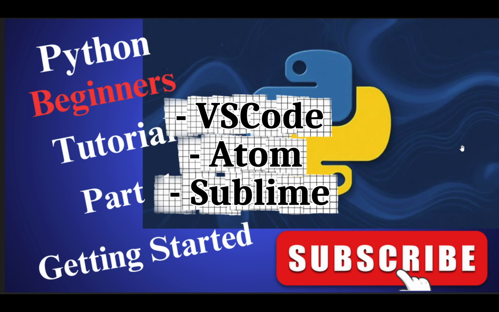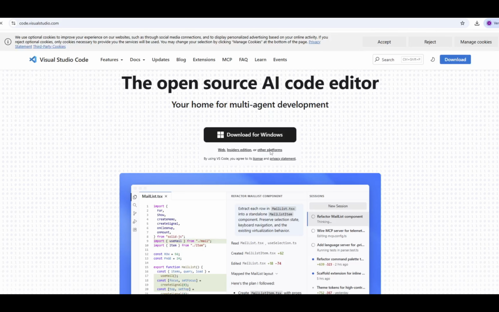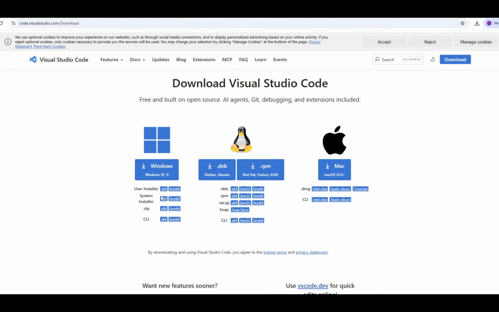But if you are using a different platform apart from Windows, then if you click on other platforms over here, you have the ability to download a version for Windows, which tends to be for 64-bit versions. And then you also have the ability to download a version for Linux or for Mac. I have the 64-bit version installed for Windows 10 because the box that I'm using here is a Windows 10 box, and it's straightforward. You just click on the download and then follow the on-screen prompts